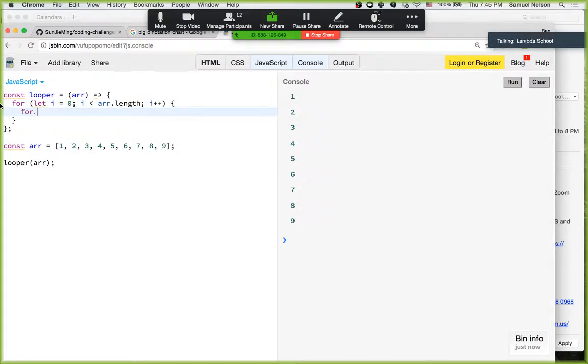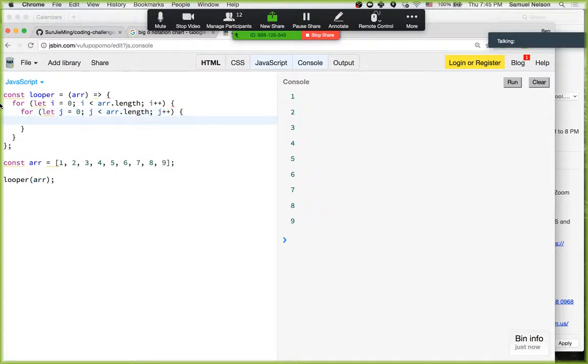Then inside of here I'm going to go for let i get 0. Oh, I'm sorry, not i. I'm going to go j gets 0, j less than array.length, j plus plus. And then inside of here, I'm going to go console.log i, j. Actually, I'm going to make this a string so that they'll sit together. All right, so if we run this on 3 items,